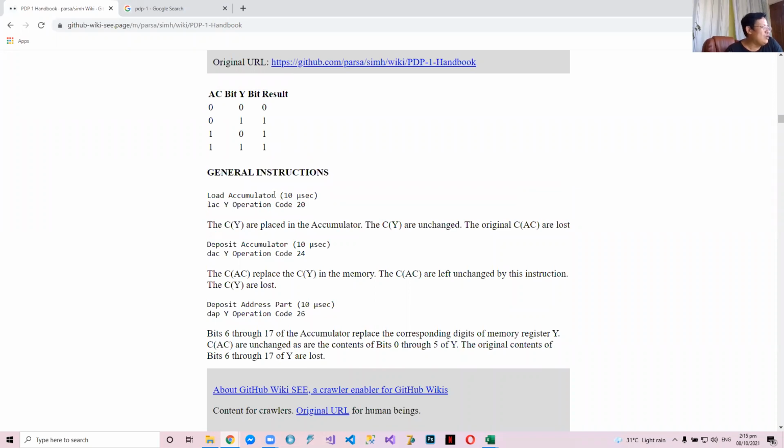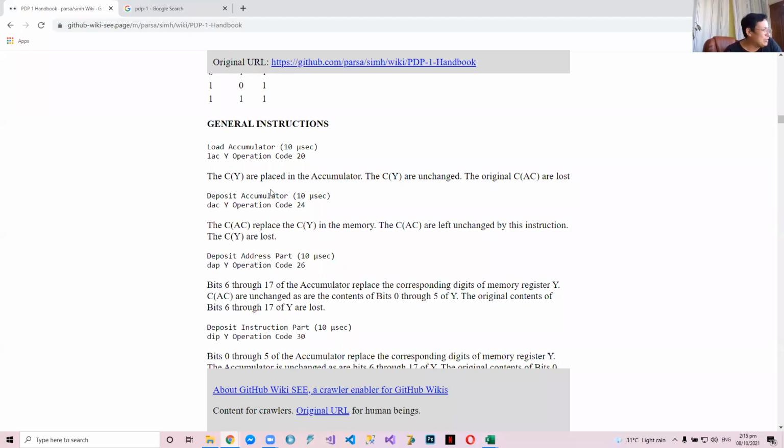Now, into general instructions, load and store. In the IAS, you will have load m of y. Do you follow? In the PDP-1, you have LAC y. LAC means load accumulator. Okay? So they just change the language, but it has the same purpose. Okay, now this is important, for the IAS, you will have store m of y. Right? The accumulator is stored to the memory y. Now here you have DAC y, DAC, deposit accumulator. Okay, so that's the most different command because it's no longer store, but it's really DAC, deposit accumulator.